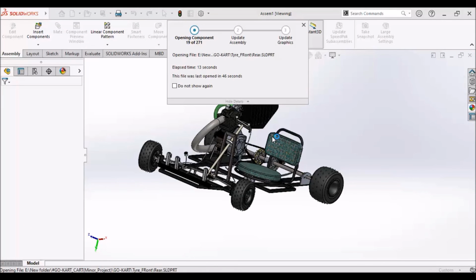So yeah, the assembly is opening, and you can see that there are a lot of components, up to 270 plus, but a lot of components are suppressed because the assembly is very big. That is why it's facing a lot of things.